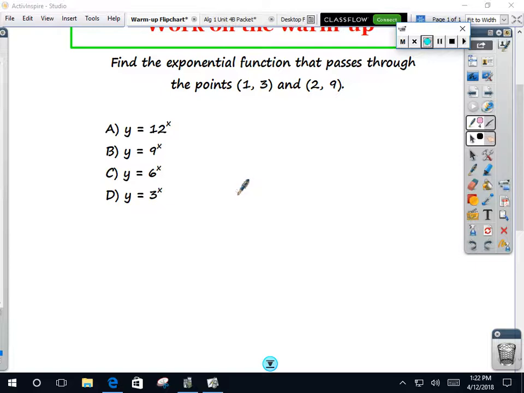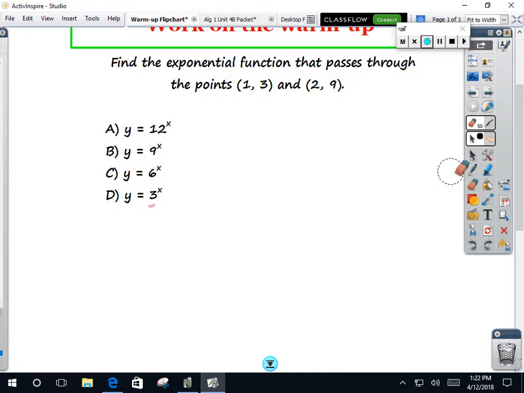So I saw it as a sequence, and I was like, okay, the first term is 3. The second term is 9. How do you get from 3 to 9? So the r value is 3. They are tripling. Okay, that's the way I looked at it. I saw that they were tripling. Another way that you could have looked at it is